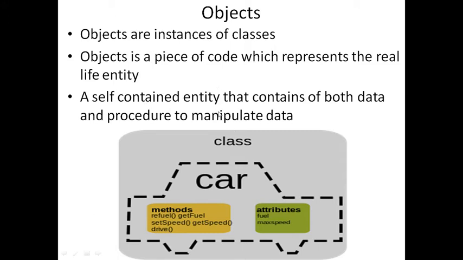Okay. Then, please look at this figure. Suppose you take a car consisting of some attributes and some methods. In this figure, the attributes are things like birth, color, speed, and these are called variables or data members. According to methods or functions, which means get fuel or get speed, you can call them functions or methods.